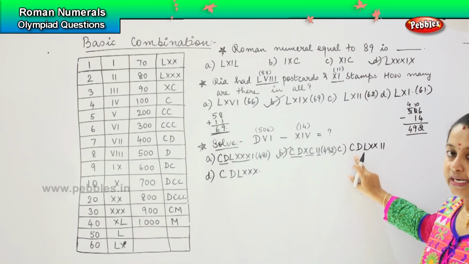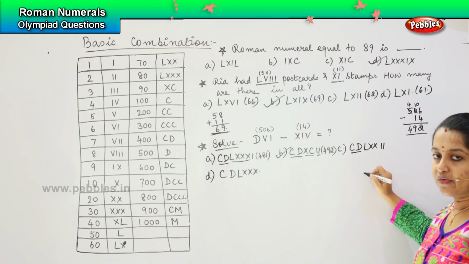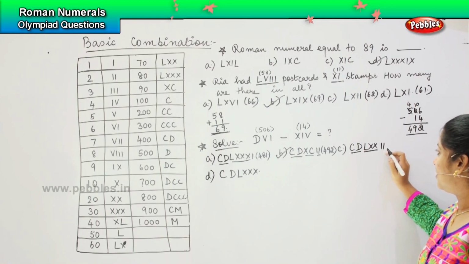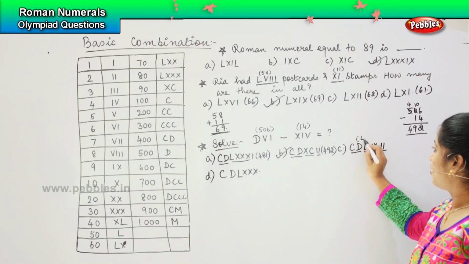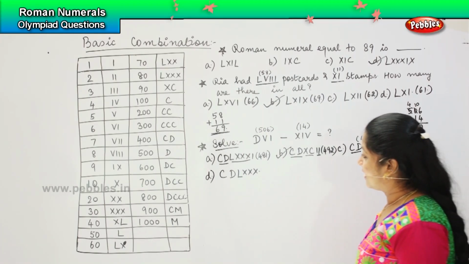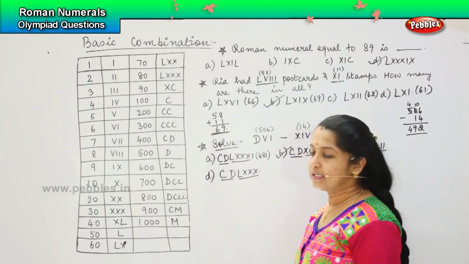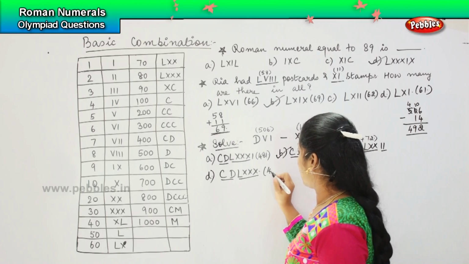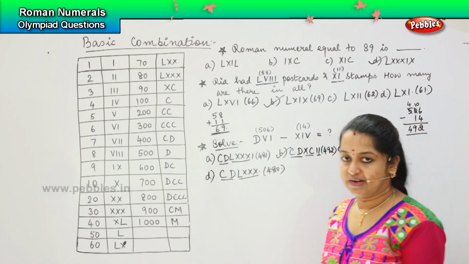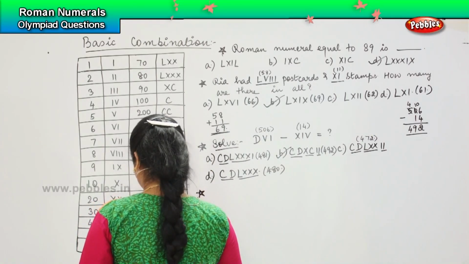Shall we try to segregate this as well? Okay. CD is 400, LXX is 70 and II is 2, which means 472. Okay. The next one, CD 400, LXXX 80. So this is 480. Got it? Shall we do the next one? Okay. The next question is